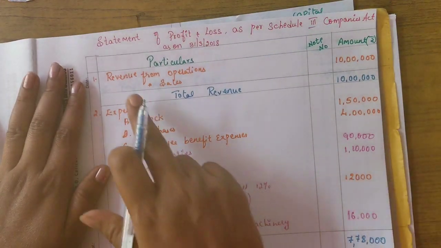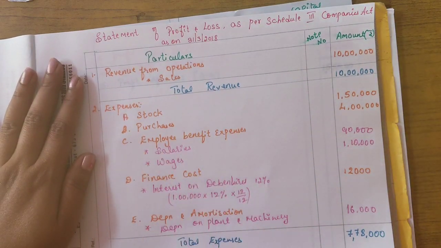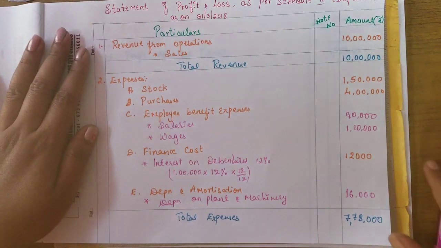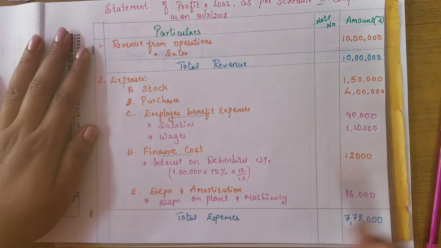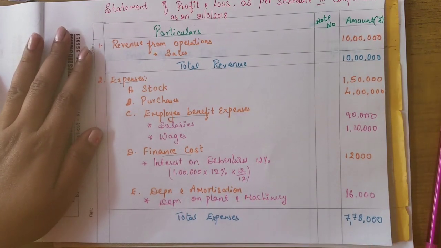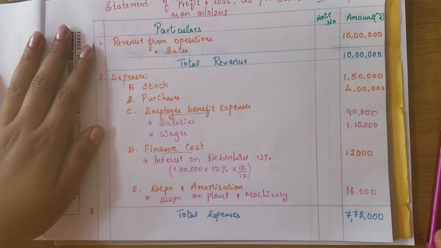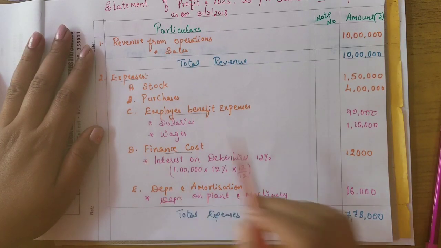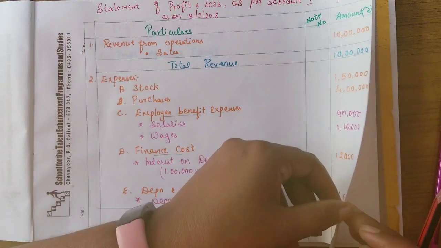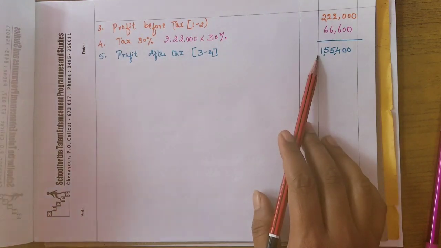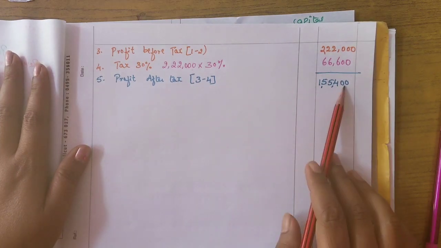You can just recall it. Sales, that is the revenue, and all the expenses I have written in different colors so that you will be able to understand. Try to underline the headings. It's very important. In your notes, please don't write with color pens, and in your exam also don't write with color pens. Use only the blue ball pen, that is best. So underline with the pencil to highlight it, and make sure you are presenting neatly without any scribble, and avoid scratches. This is the profit before tax and taxes, and this is profit after tax.